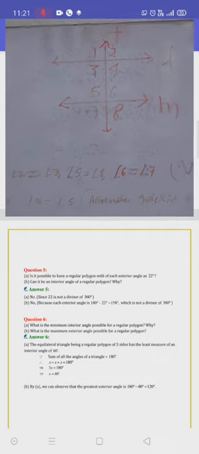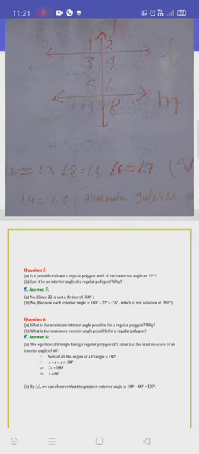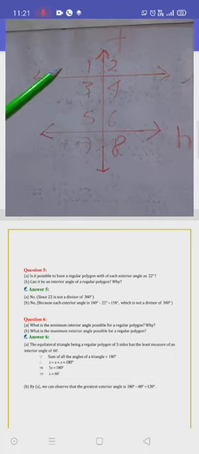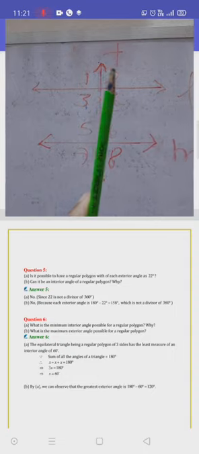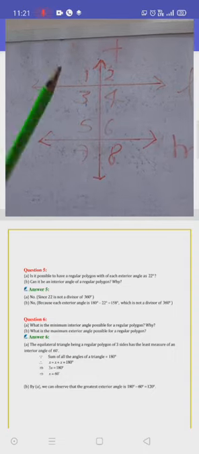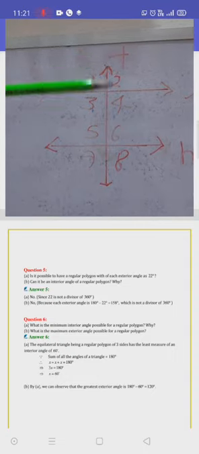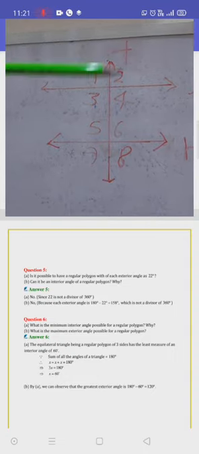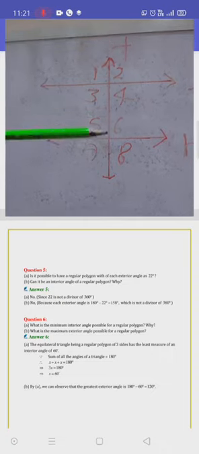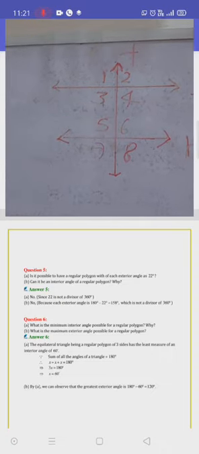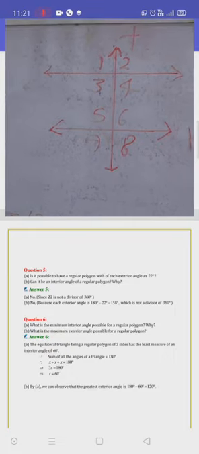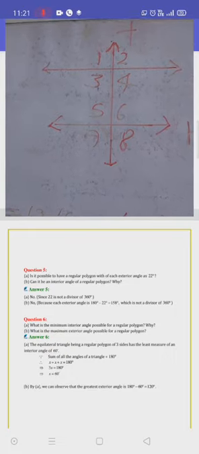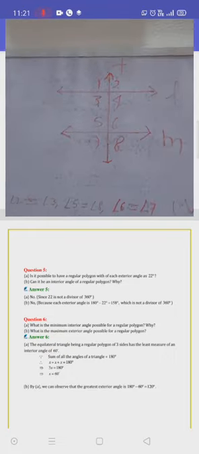Okay, the next relation is corresponding angles. You see, angles 1 and 5 are both forming on the same side of the transversal. Angle 1 is above the first parallel line, and angle 5 is above the second parallel line. This type of angles are called corresponding angles. So 1 and 5 are equal because corresponding angles are equal.